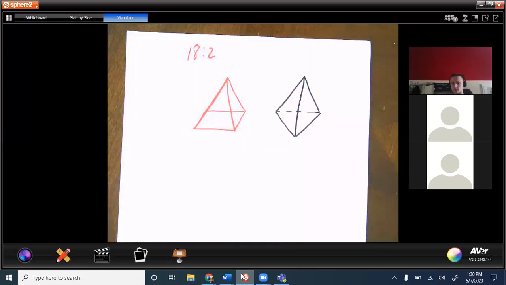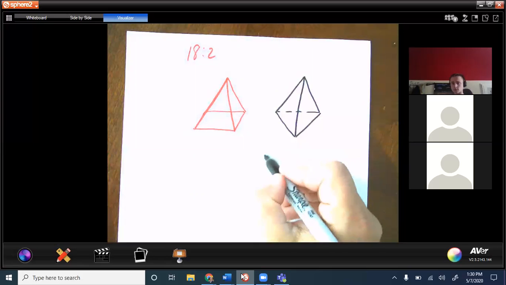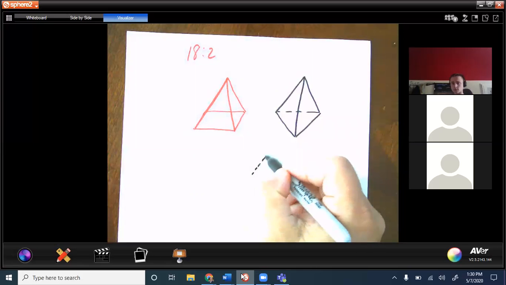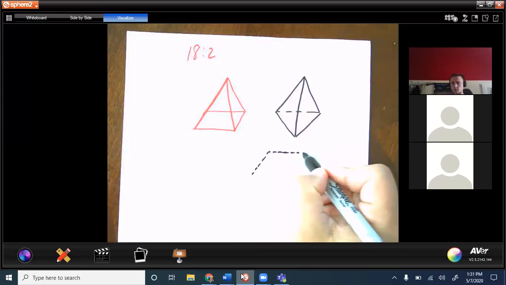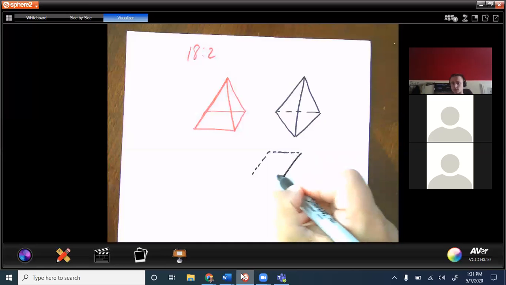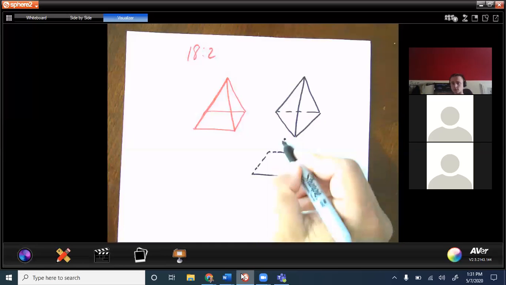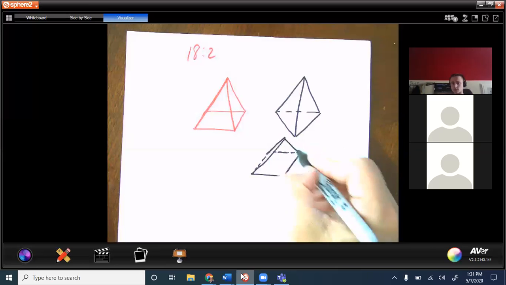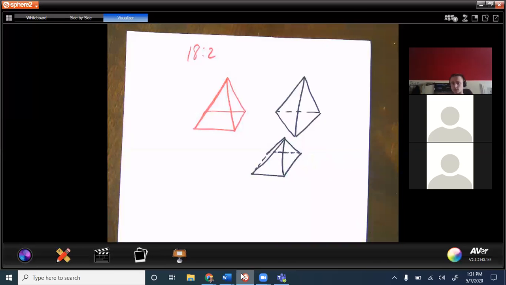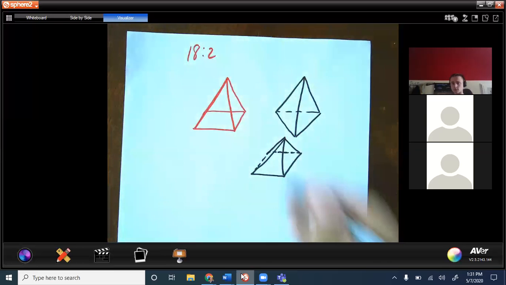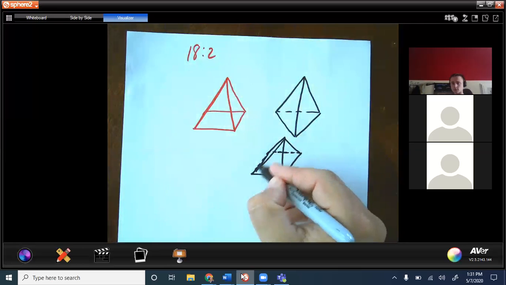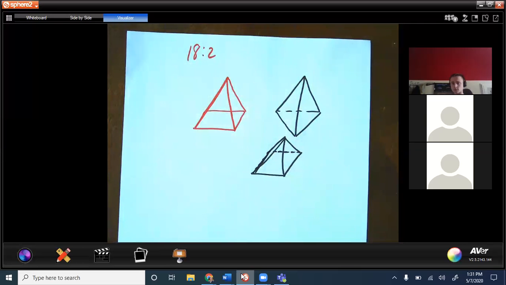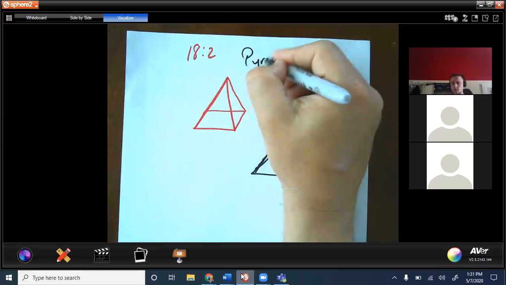There's a pyramid with a triangle as a base. It could be a square. So the square would look like this. Say it's here. Actually, on this one, this wouldn't even need to be dotted. That can be square. Okay, so when we're talking pyramids,